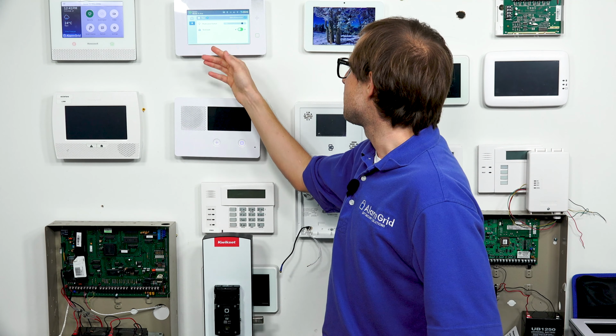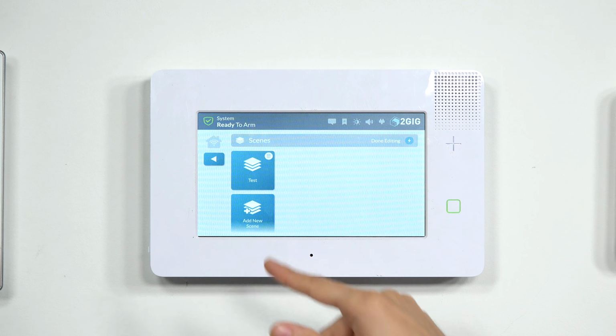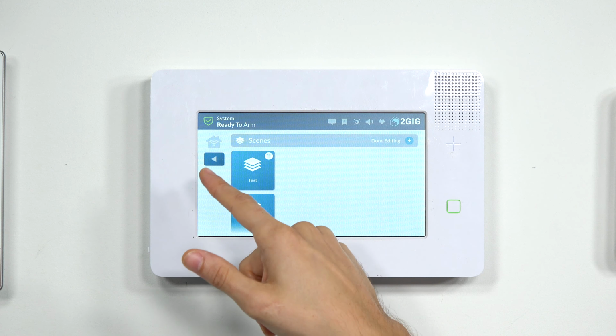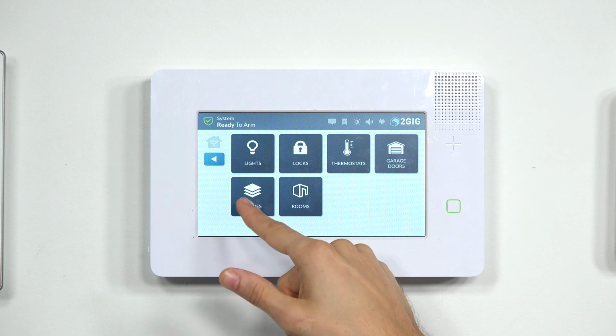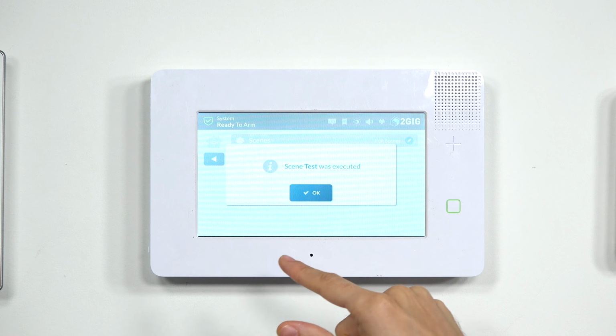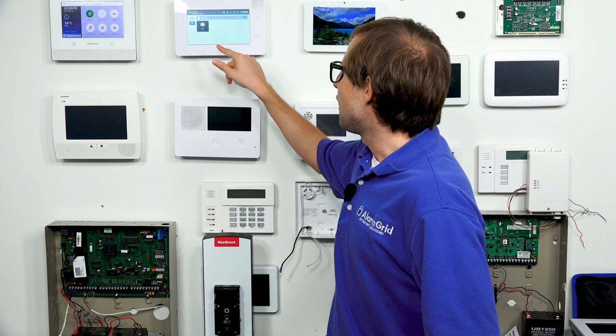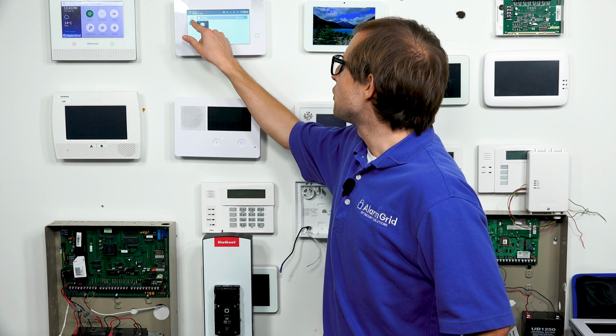So our scene is built, so now we can press the back arrow on the left side, and we'll press the back arrow again here. And let's click on the scenes button right here, and you see it's been executed, and you can hear that our lock did unlock, our test lock. Our Z-Wave dimmer is off somewhere else, so you didn't hear a sound effect for that, and you didn't necessarily see anything, but rest assured it did turn on the lights without being dimmed. So that's how you can create a scene.